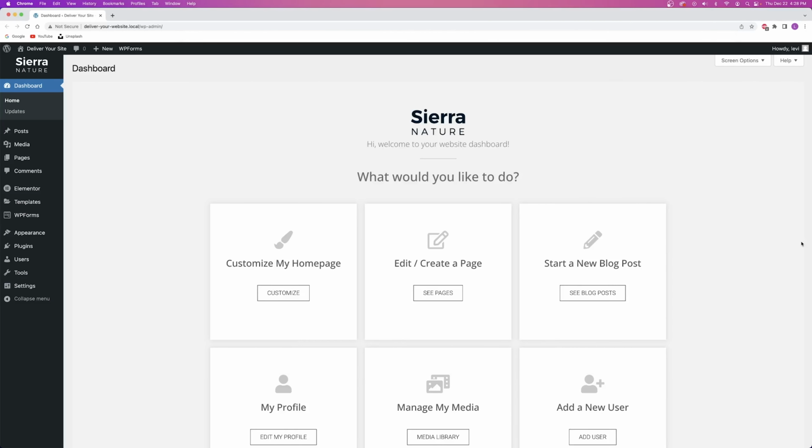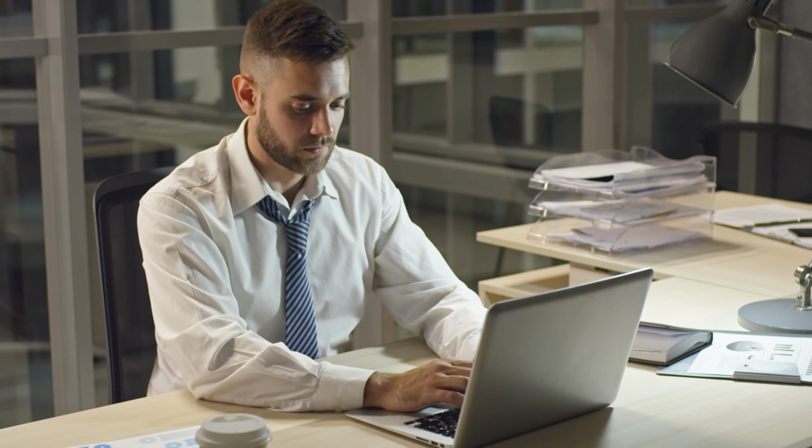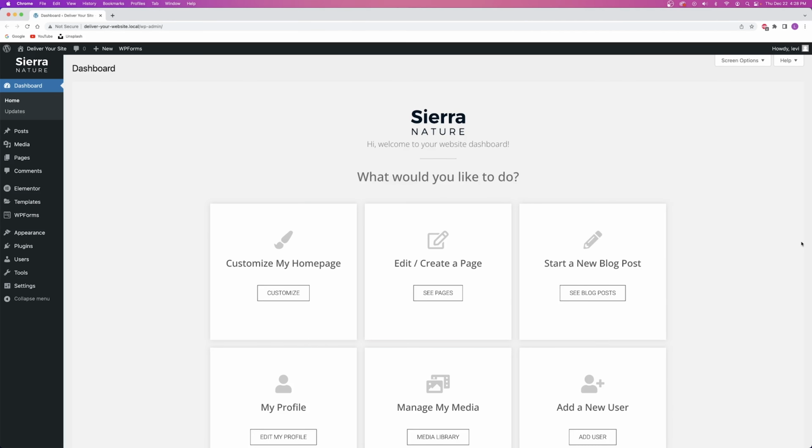And it's important to have Google Analytics on the site so that your client can go ahead and view all of the metrics on their website straight from the WordPress dashboard. So again, we're just adding more and more levels of professionalism when you're delivering the site. In order to download Google Analytics on your website, the first thing we're going to do is go up to a new tab